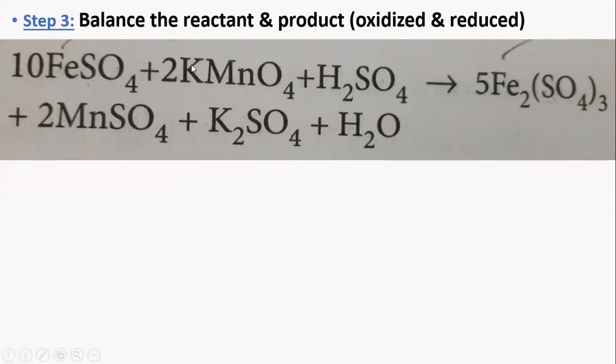in KMnO4 the K in the reactant side has 2 moles, whereas in the product side also K2, here also 2 moles, that gets balanced, whereas the manganese in the reactant side is 2 and in the product side it's not balanced previously, so that we have to balance by multiplying it with the same number 2.